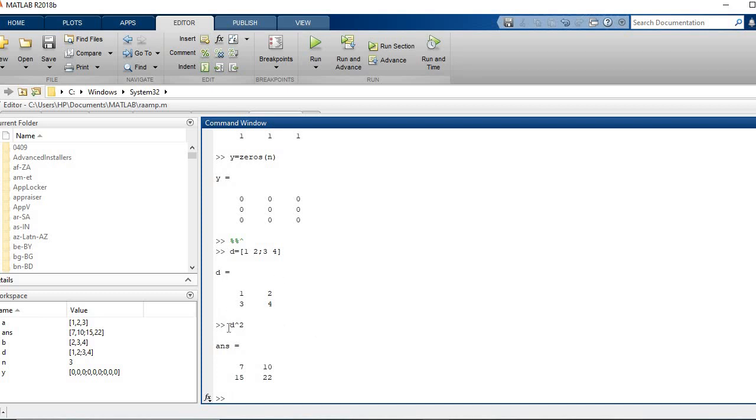In this command, this D matrix will be again multiplied with D. Actually this is representing the square of a matrix.